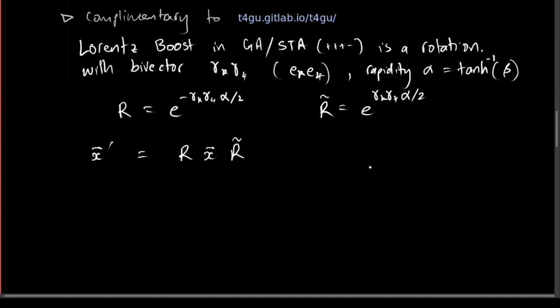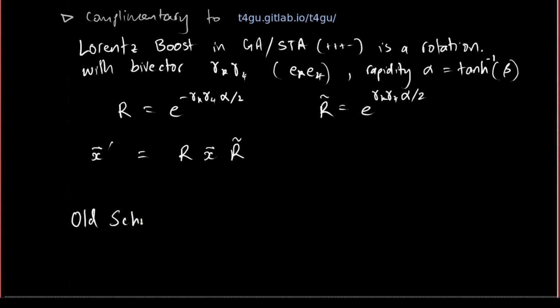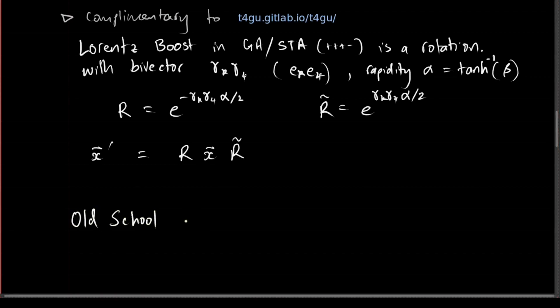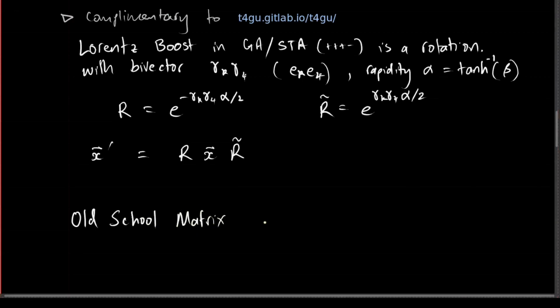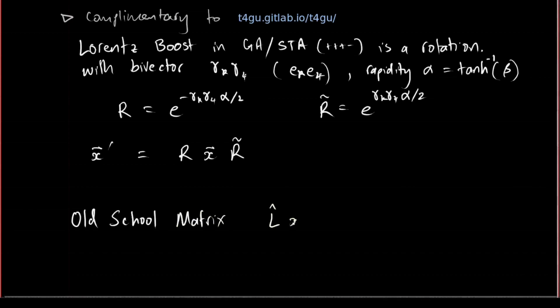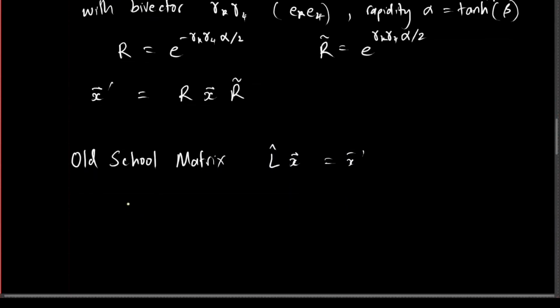Pretty cool, eh? But what about in the old school? I know it's not old school yet because you still teach the stuff, but in the old school matrix algebra, you've got a Lorentz matrix times your vector gives you the boosts. And what is the Lorentz matrix? Well, it's a bit of a pain to code up, but I guess I could do it. If I do, I might get this wrong. If I do coordinates 1, 2, 3, 4, the fourth being time,